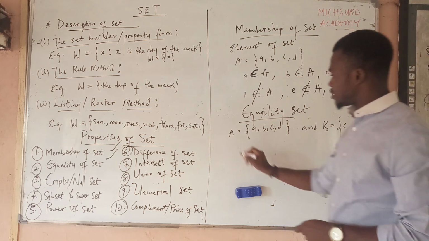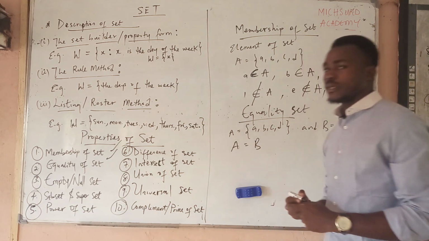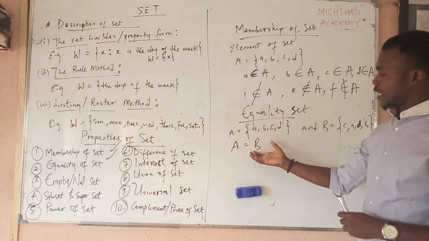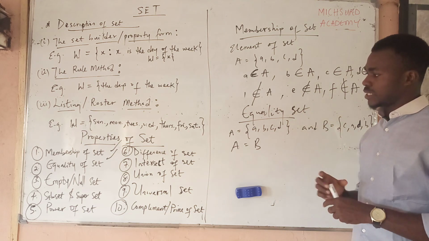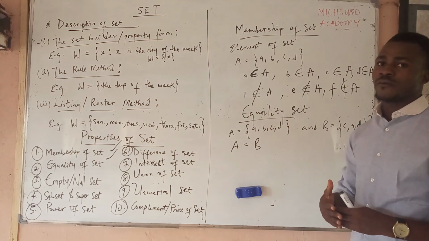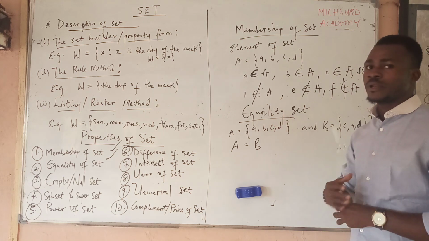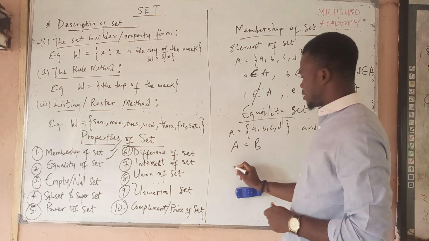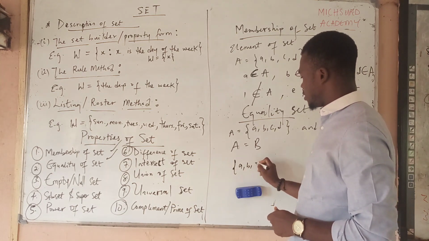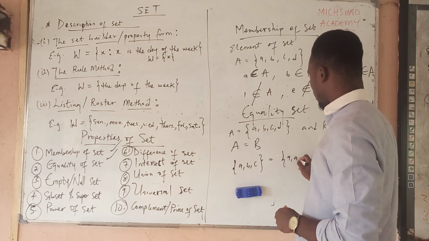So that means that A is equal to B. Okay, so we say that A is equal to B. Now another important thing about set is that the repetition of elements does not really matter when we come to equality of a set. So for example, you can see that set A, B, C is just equal to set A,